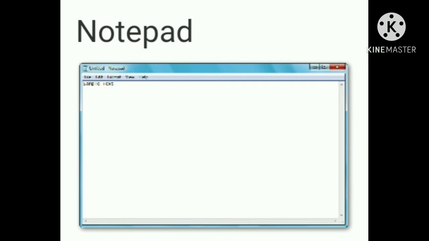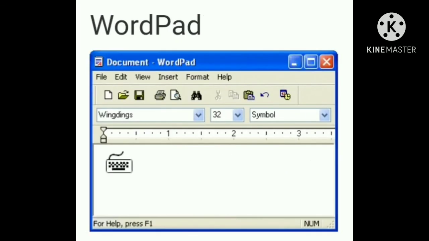Notepad supports both left-to-right and right-to-left based languages, and one can alternate between these viewing formats by using the right or left Control plus Shift keys for right-to-left format or left-to-right format respectively.